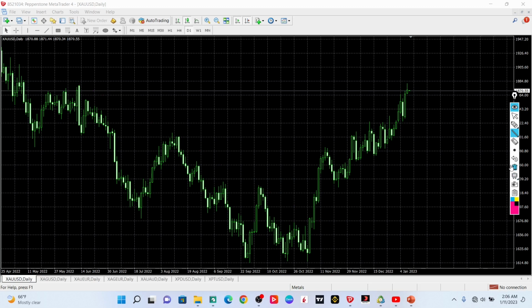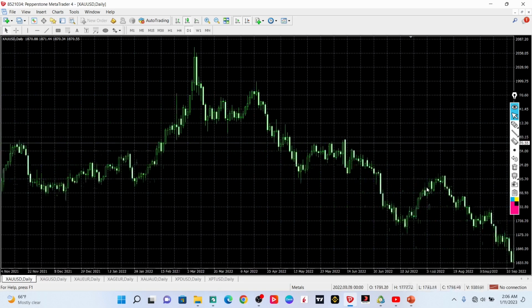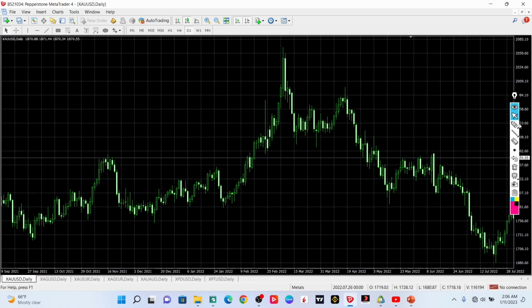Okay, so one thing I want you to note when you're drawing these patterns. For example, when you look here, it looks like it is forming a head and shoulders. This is the head, this is another shoulder, but where is the shoulder this side? It does not appear. So don't force this one to look like it is a head and shoulders pattern. Okay,